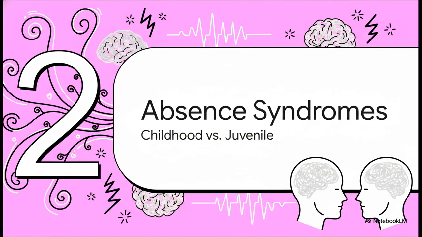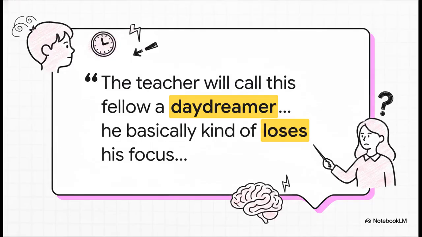Here, we're going to focus on the absence syndromes and really look at the critical differences between how they show up in childhood versus adolescence, because wow, the prognosis varies significantly. This quote from our source material just perfectly captures the classic presentation of typical childhood absence epilepsy. The child just suddenly pauses. It's a brief lapse of awareness, but with no loss of posture. It gets mistaken all the time by teachers or parents for simple daydreaming, but the neurological cause underneath it is